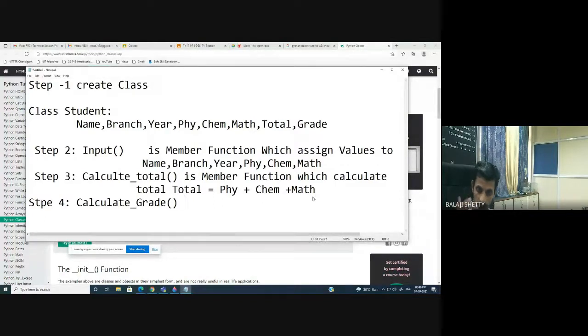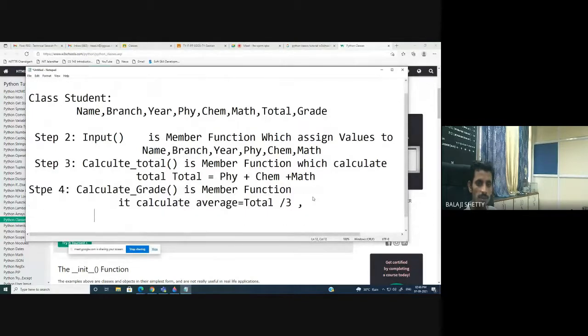Now try to understand, this calculate grade will calculate how much total. Calculate grade is a member function which first calculates the average and checks its grade. How will it calculate the average? Average is equal to total by 3, and if the average, okay, suppose the average is between